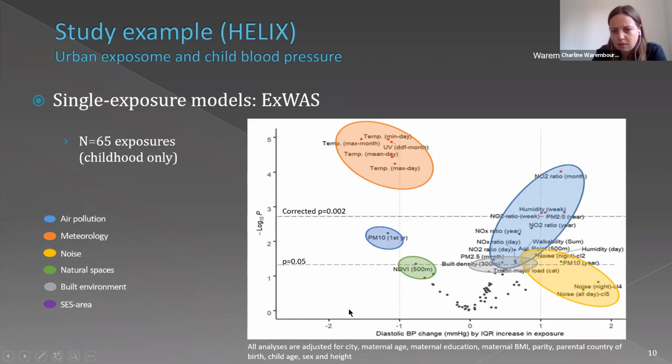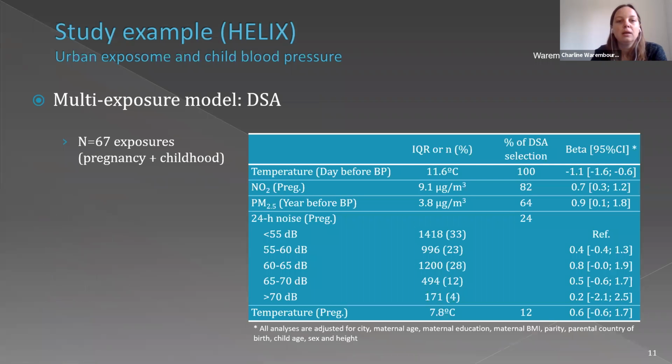So these are the results for the postnatal exposure in association with diastolic blood pressure. And if you want to see all the results, you can check the reference. Then we applied a variable selection technique, the deletion, substitution, addition algorithm,